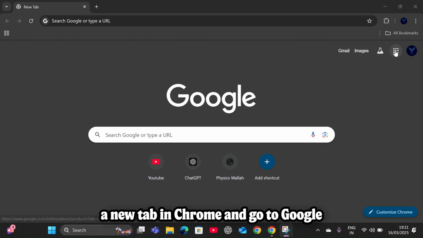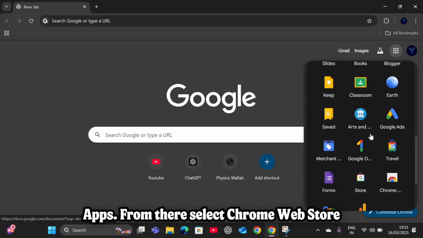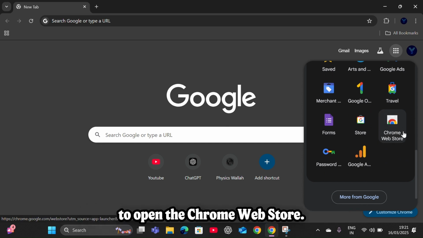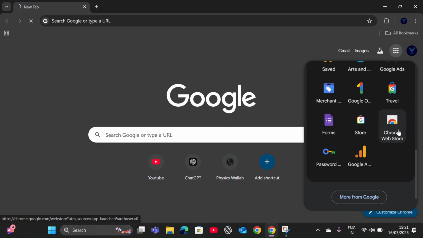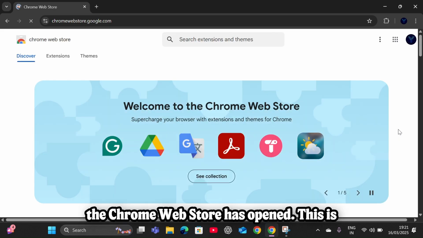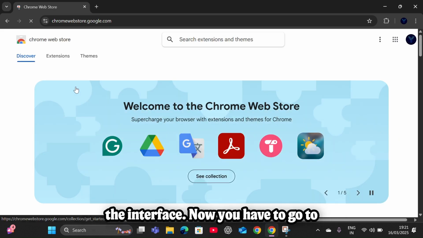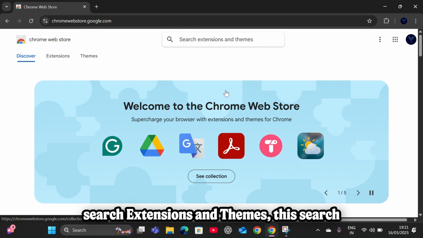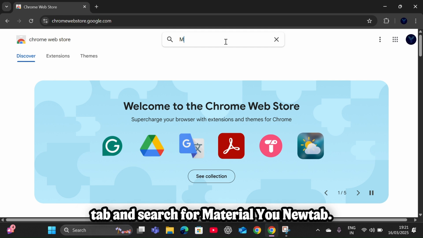Open a new tab in Chrome and go to Google Apps. From there, select Chrome Web Store to open the Chrome Web Store. So as you can see, I've clicked it and the Chrome Web Store has opened. This is the interface. Now you have to go to Search Extensions and Themes, this search tab, and search for